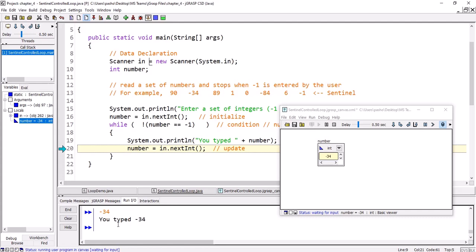So it is waiting now for an input. I will give it 89. Press enter. It will say you typed 89. I will give it 1. So I'm simply entering this data. Give it 0. Give it -84. Give it 6. And now when we give it -1,